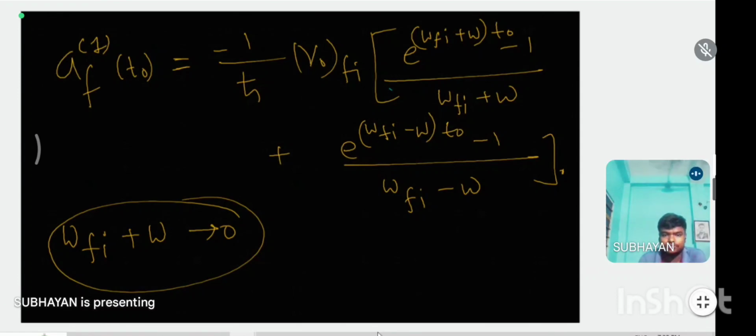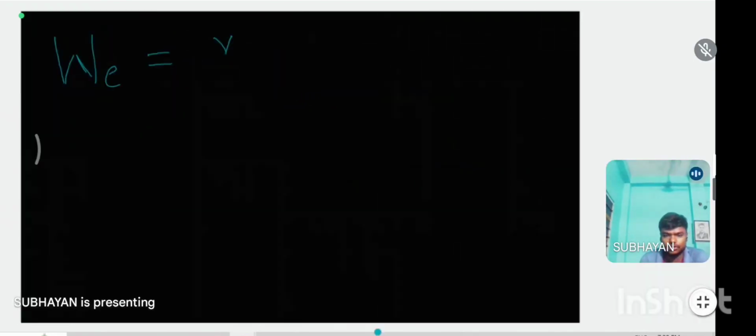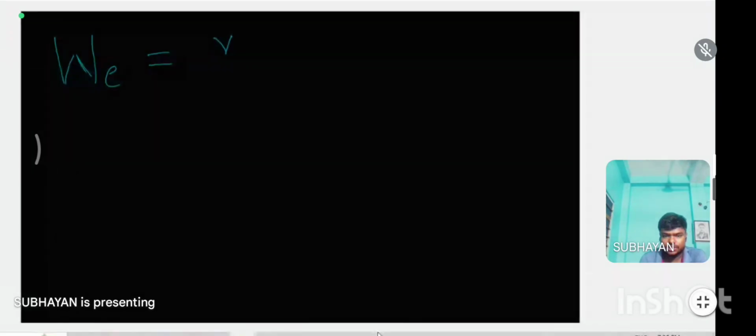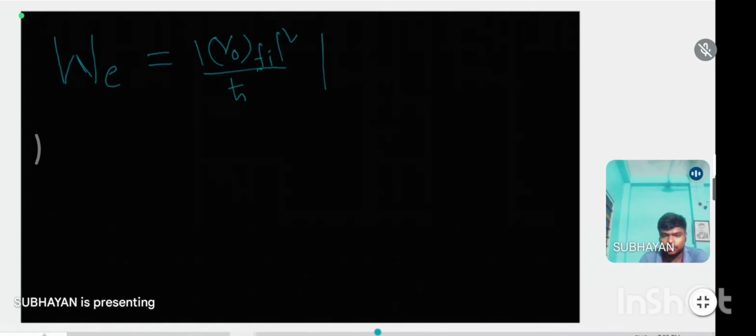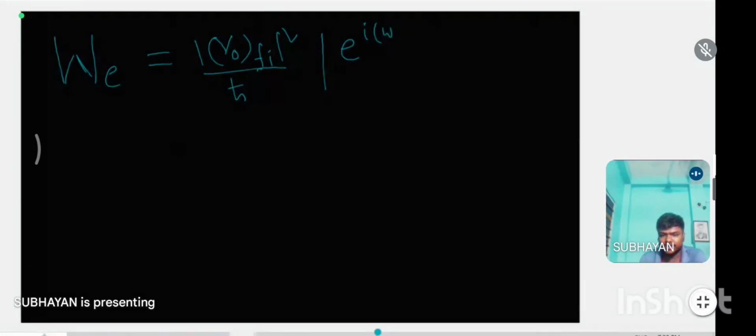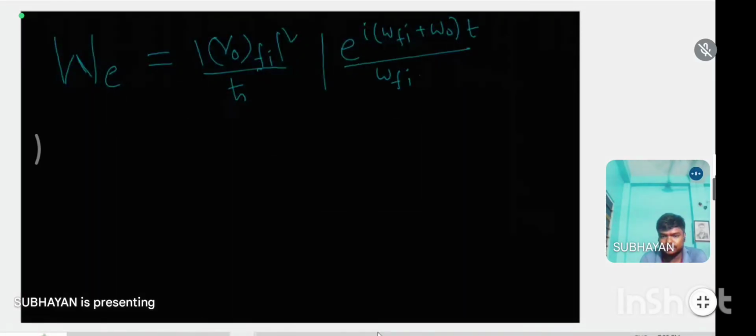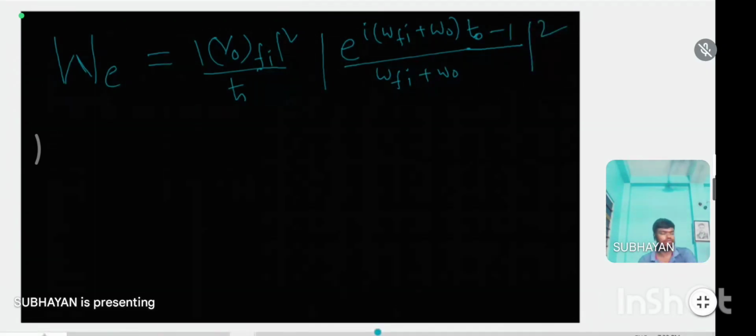So that means phi naught of fi by h cut mod square, and mod of e to the power i omega fi plus omega naught t by omega fi plus omega naught, mod square. This was e to the power i t naught minus 1. This is for emission, whenever omega f is less than omega. Similarly, in the other case,